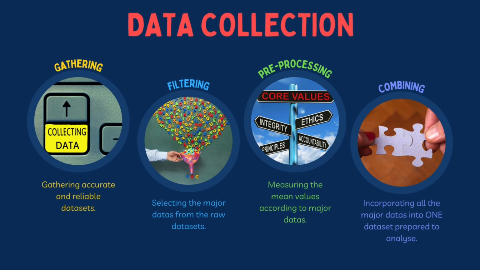The first step, we need to gather an accurate and reliable dataset within the aforementioned variables from our resources of meteoblue.com, calculate.com, and sealevel.info. The second step, we filter our dataset from the raw dataset. That means we just keep and utilize the major data from the aforementioned variables. The third step is about reassessing, where we calculate and measure the mean value of the four variable datasets throughout the 40-year period. Then the last step is to incorporate our dataset into one comma-separated value spreadsheet